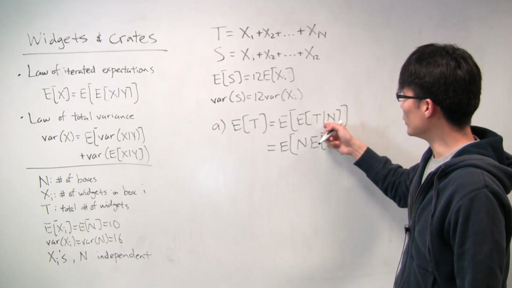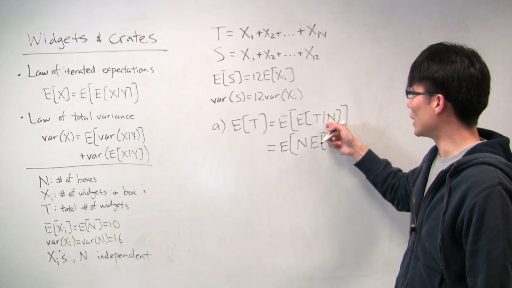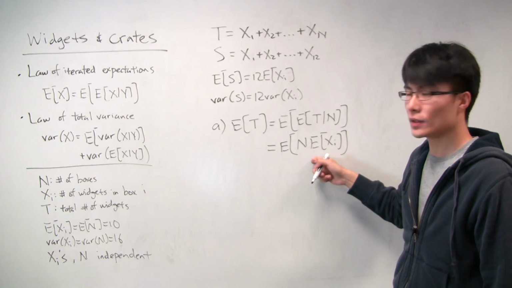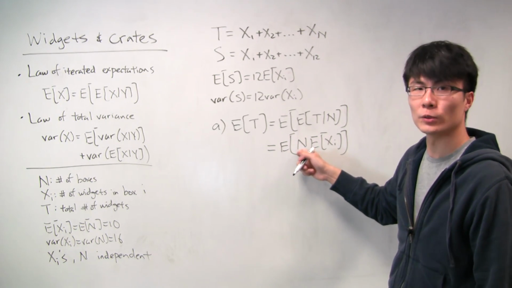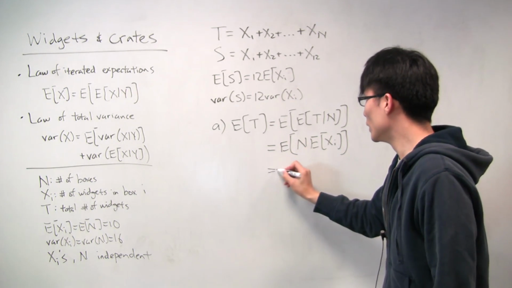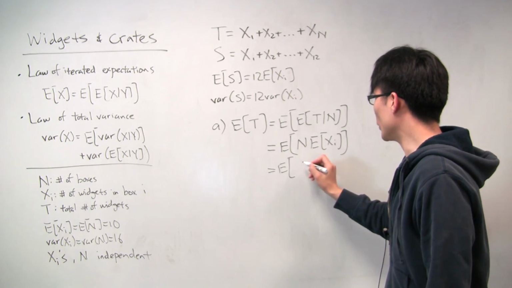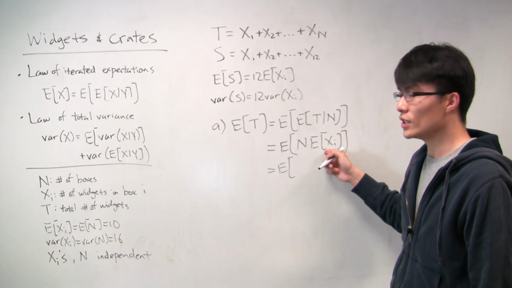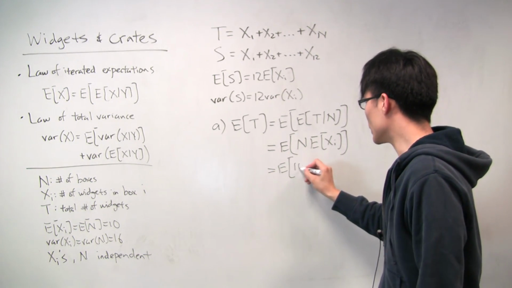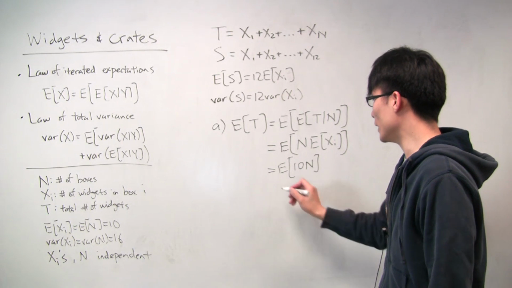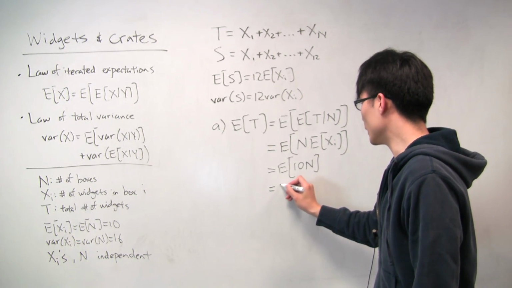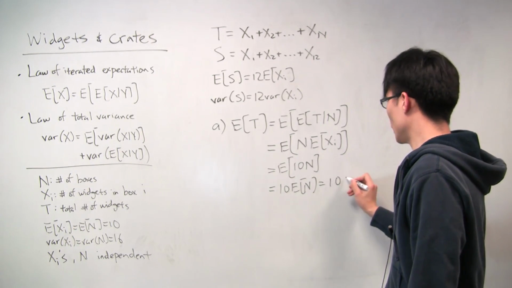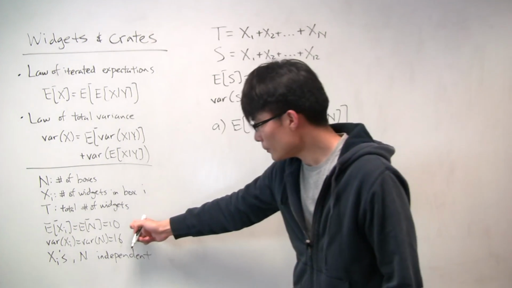But if we just condition on the number of boxes being equal to n, then we know that there are exactly n copies of this. But notice that n here is still random. And so what we get is that the expectation is n times the expectation of the number of widgets in each box, which we know is 10. So it's expectation of 10 times n, or 10 times expectation of n, which gives us 100, because there are,